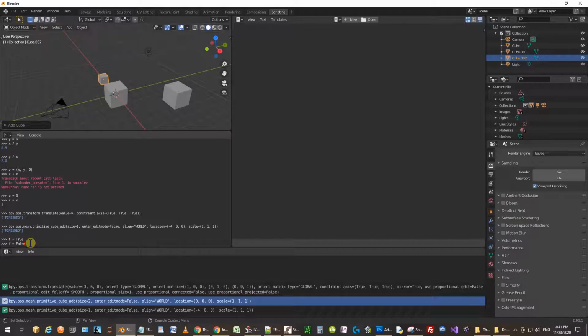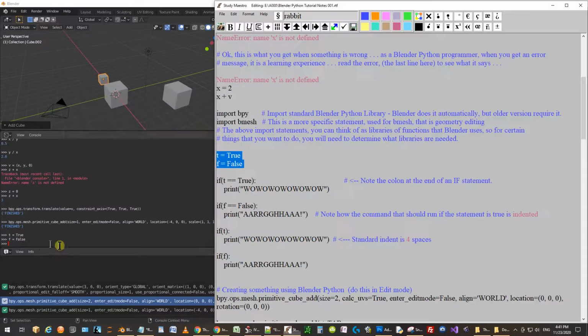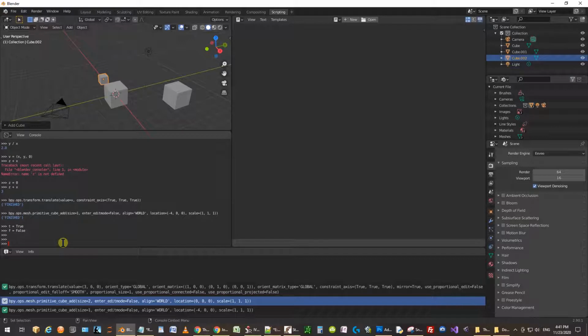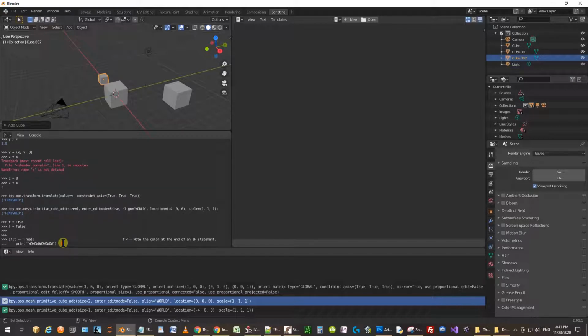a Boolean, you want to use a capital letter in the beginning of True, and then we're using f and making it False. Now we're going to copy paste an if statement into here. There's going to be 3 parts of the if statement. The if part, and then whatever the comparison is. So it's basically saying if t equal, that's what's used when you're comparing, equals True, and then the last part